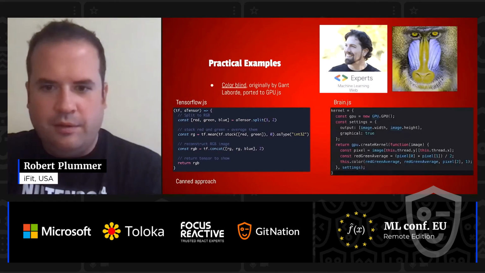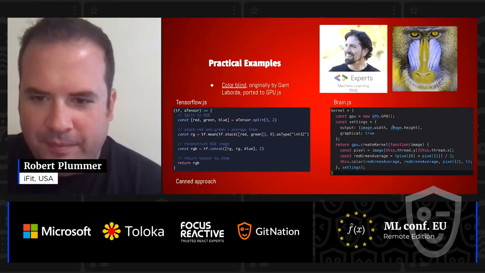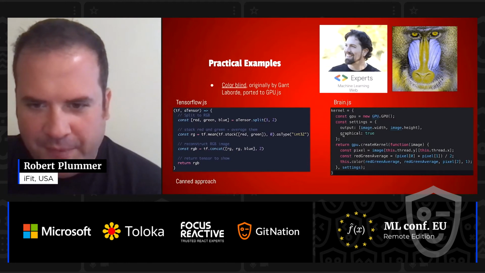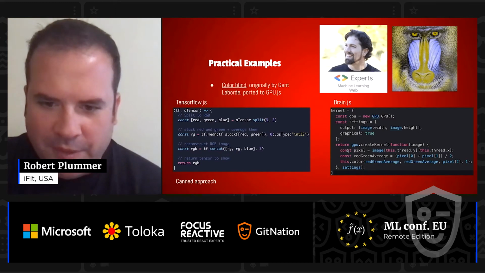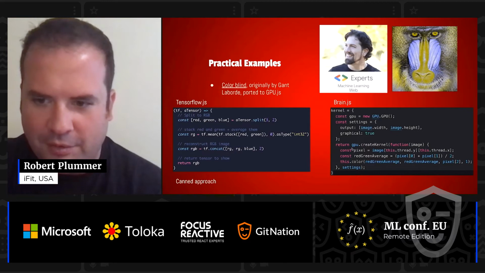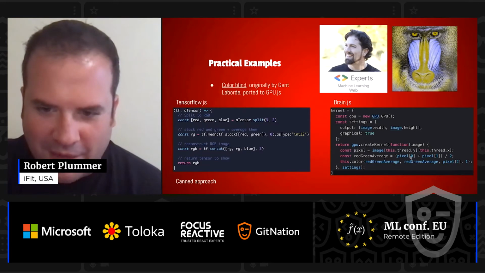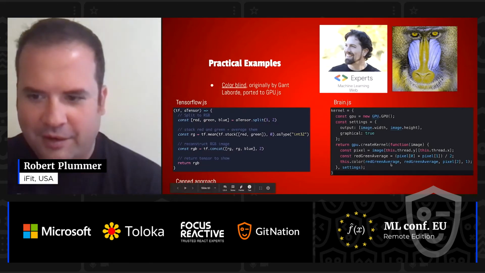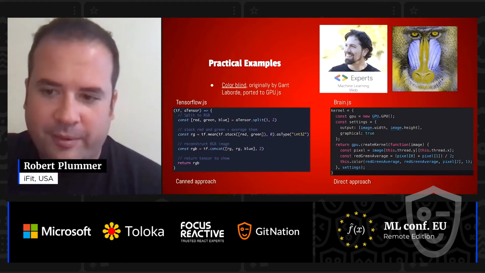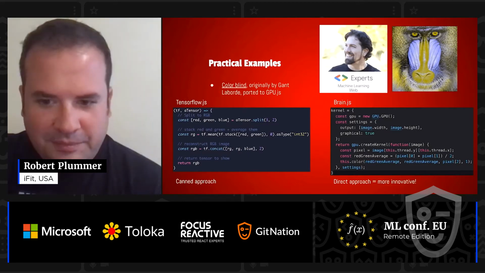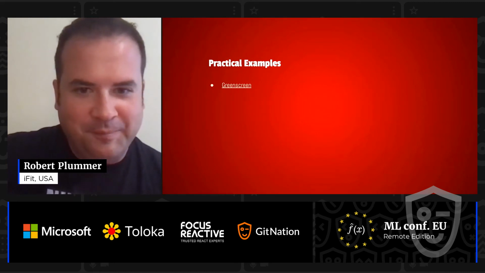Now, I've got Brain.js up here. That's actually the GPU.js version. So we set up our environment. You see settings. We have our output width and height, and that we're graphical. But really, everything that is important is in the create kernel function. So we're grabbing a pixel, and we're basically dialing in what the red-green average is, and then setting our color. So there's really like three lines of operations there. And that is, for me, the direct approach, because you're dealing directly with the numbers. And for me, that's more innovative. So that's one version.